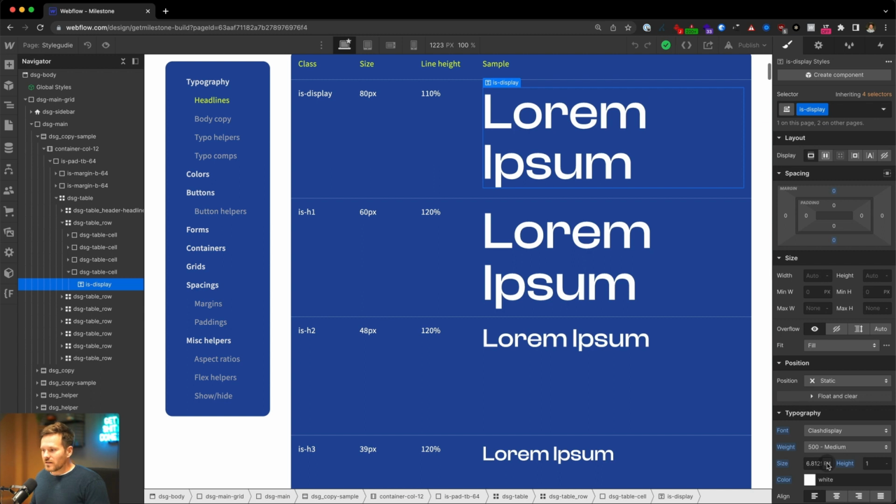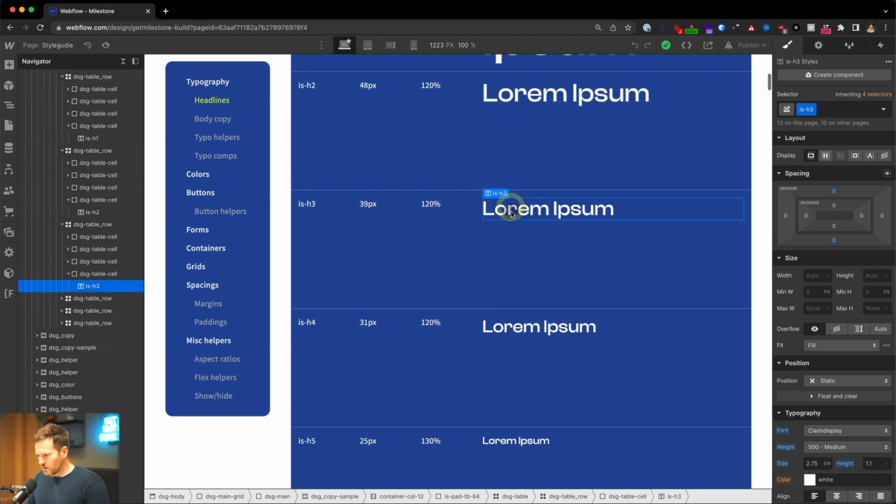And from my opinion and experience, font sizes like this isDisplay are so huge, the user doesn't need to make them bigger anymore. It's big enough. So for large font sizes like isDisplay, is H1, and I think also is H2,